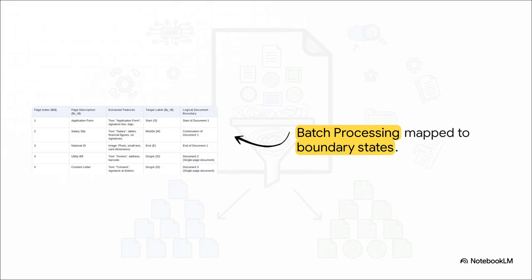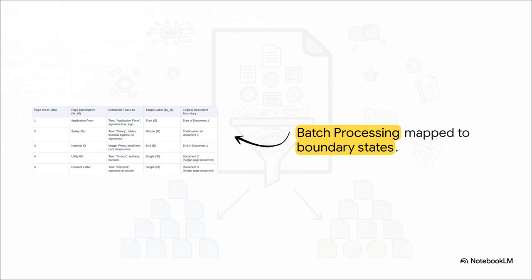Let's look at a tangible example to see exactly how they're classified in practice. Imagine a batch of 5 pages. Page 1 is an application form with a signature. The classifier labels this a start page. Page 2 is a salary slip full of tables. That clearly maps to a middle page. Page 3 is a photo of a national ID. That's the end page of that first document. Then we jump to page 4, a utility bill with a barcode. That's a single, standalone document. And finally, page 5 is a consent letter, another single document. By viewing them as an interconnected sequence, the machine sees with total clarity exactly where document 1 ends and documents